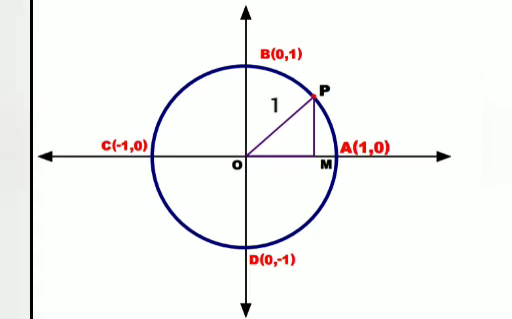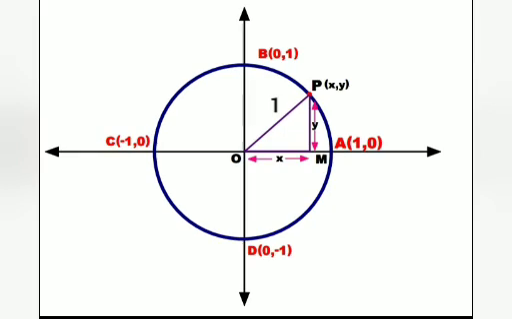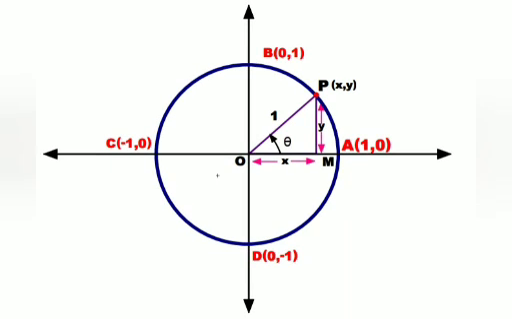Now draw a perpendicular PM on x-axis. Now we get a triangle OPM, right angled at M. Now let OP make angle theta with the positive direction of x-axis. Then we can write